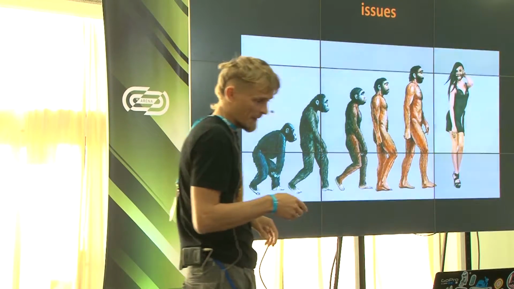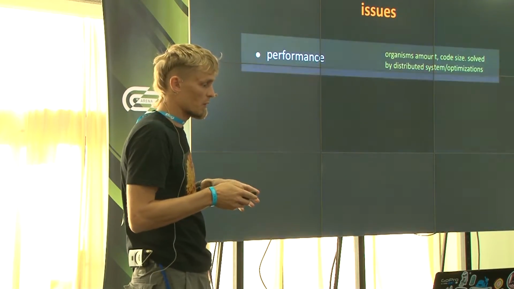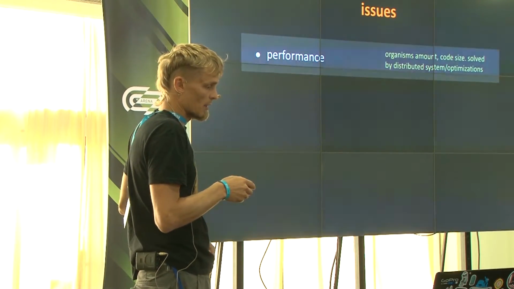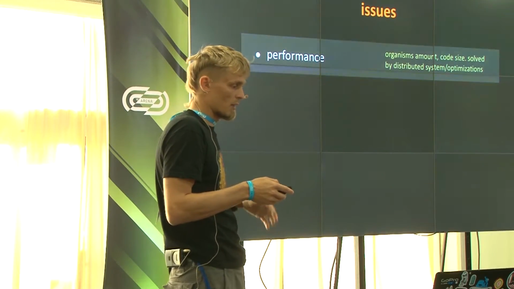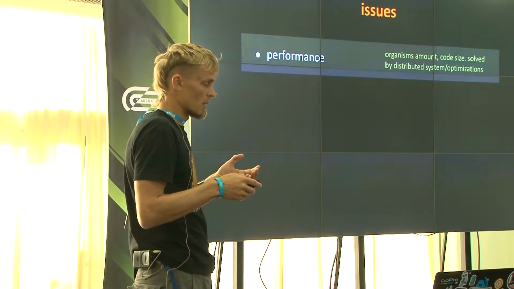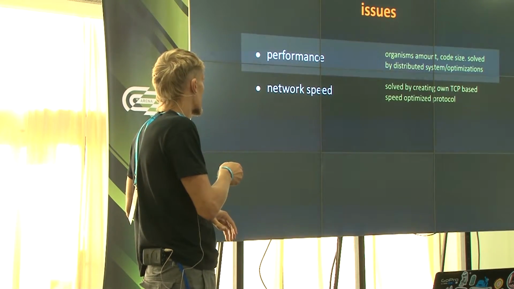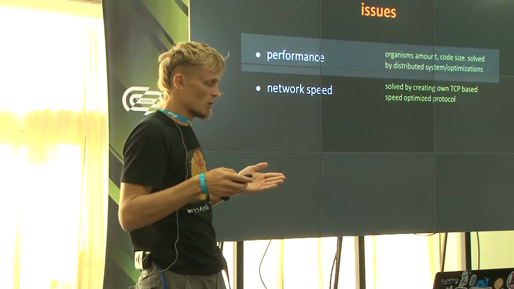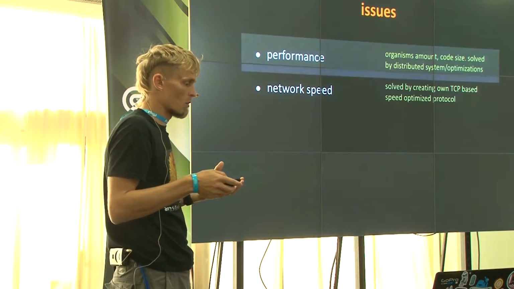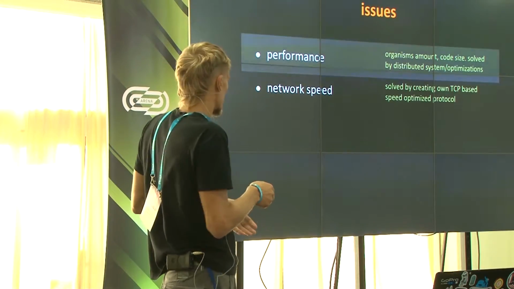The problems. Okay, we have different problems here. First of all, if we're talking about artificial intelligence creation, the performance is very crucial. I tried this on my home computer, and it's impossible to reach some real results. So this is why we need the cloud for this. And the network speed is another problem because we have some hardware limitations, and we may only optimize our code. This is why I use a special protocol based on TCP to solve this problem somehow.